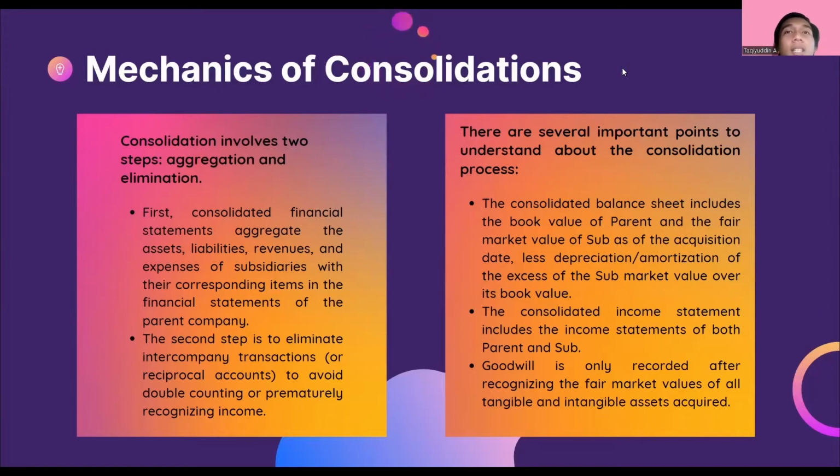In addition, the depreciation expense includes the depreciation expense that the subs record on the book value of its depreciable assets, plus the depreciation of the excess of fair market value over book value recorded upon acquisition of the subs. Second, the newly created trademark asset is amortized over its useful life, resulting in additional expense. And the goodwill recognized in the acquisition is not amortized.